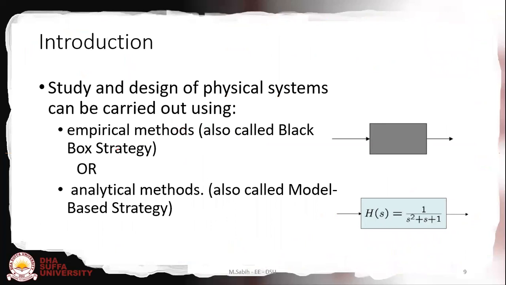I will try to follow the same sequence as in chapter 1 of the chain book, ताकि हमारे पास अच्छा reference रहे, उसी के numericals भी हम solve करेंगे। Now coming back here, the study and design of any physical system can be carried out using two methods. एक मेथड है आपके पास empirical methods, इसको आप black box method भी कहते हैं, system identification भी। So one method जिसको हम कहते हैं empirical method or black box strategy, it is basically based on